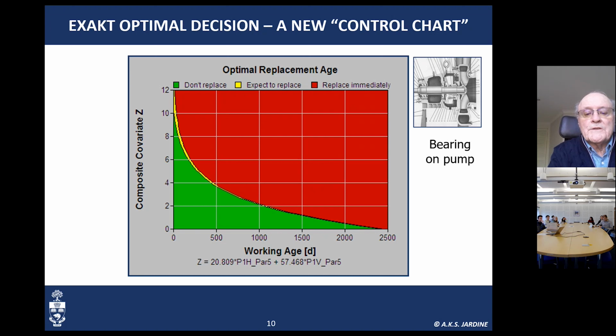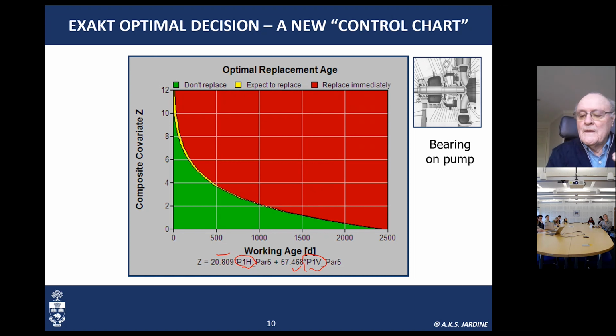The most important measurements were a vibration monitoring measurement in the horizontal direction, position 1 of the pump, and another vibration monitoring measurement in the vertical direction, in position 1 in the pump, and they're both in the 5th bandwidth. And the weighting to give to the horizontal measurement was 20, and 57 is the weighting to give to the other key risk factor. So in other words, from all the measurements in this bearing, we've identified the key risk factors and the weighting